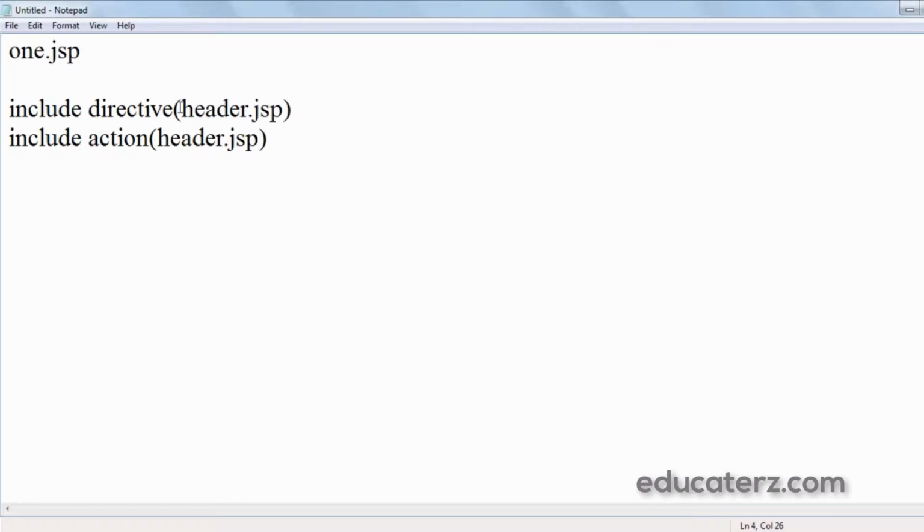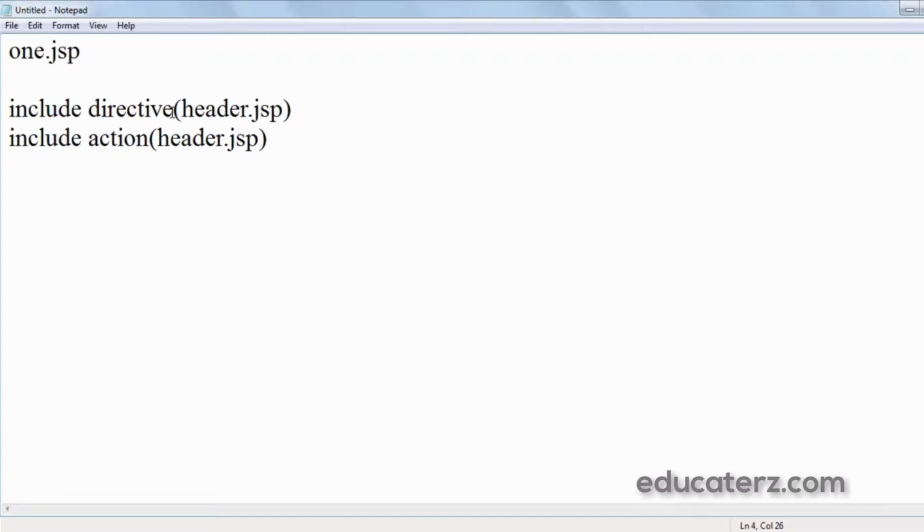Okay, so when control reaches one.jsp, then the engine reads this total JSP, and when the include directive is encountered, the source of header.jsp is copy-pasted at the place of the directive, and now translation takes place. That is, the engine reads the contents of header.jsp, and these contents are copied into one.jsp and then translation happens. Therefore only one servlet, because only one translation; that is, one.jsp is converted into a servlet, but header.jsp is never converted into a servlet.